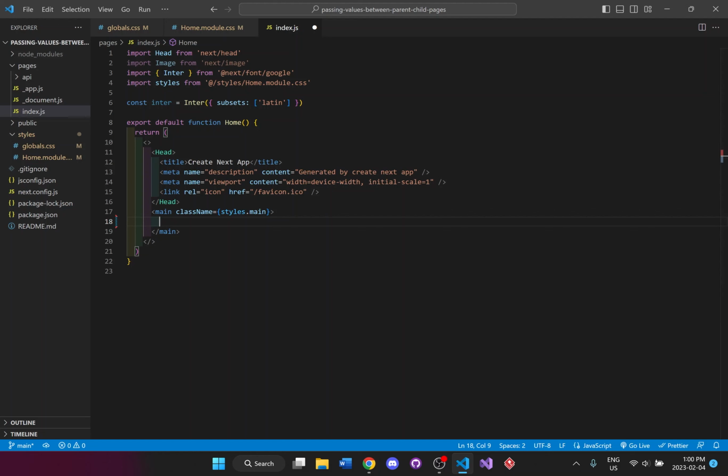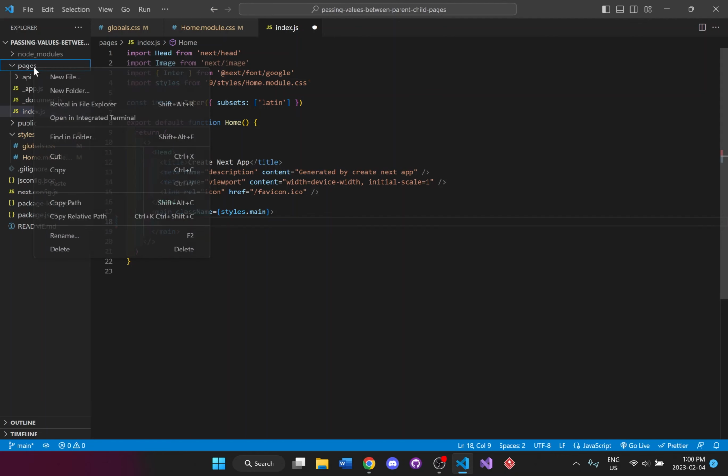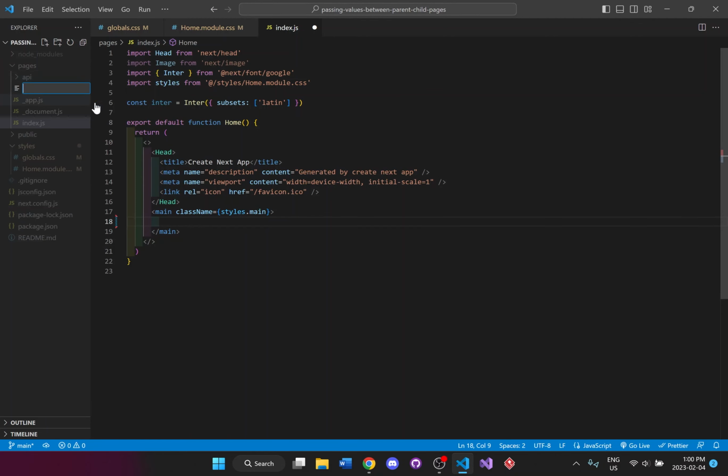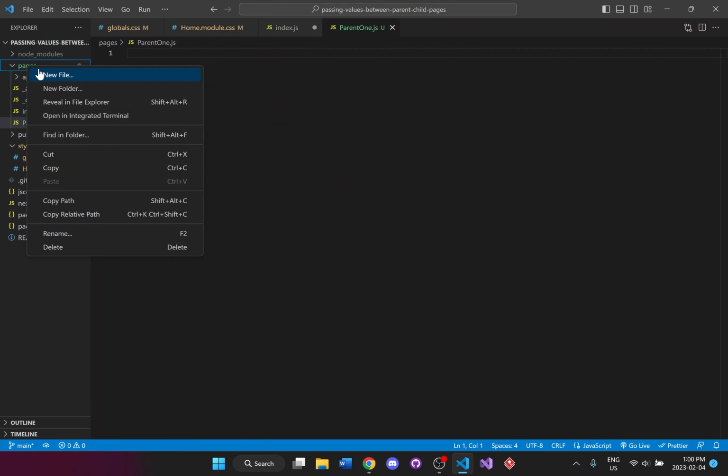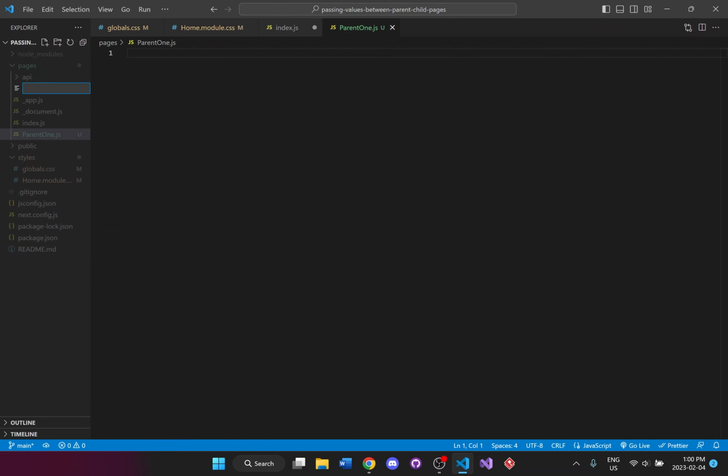So what we'll have to do first is actually create the pages first. So inside our pages folder, we're going to create a few things. First one, we'll create the parent1.js, and then we'll also create another page which is called child1.js. So let's just work with these two pages first.